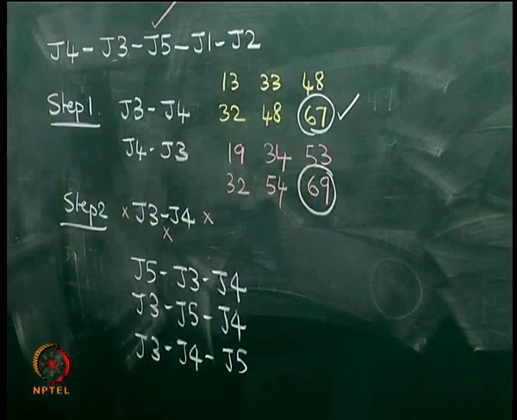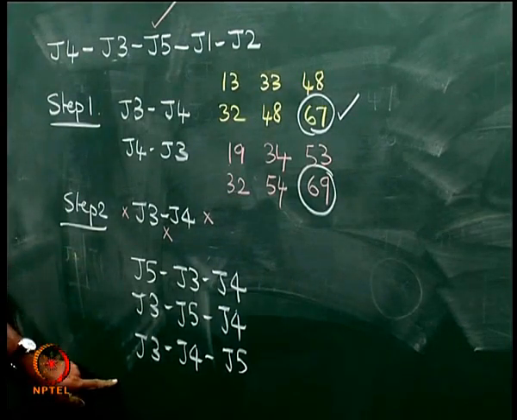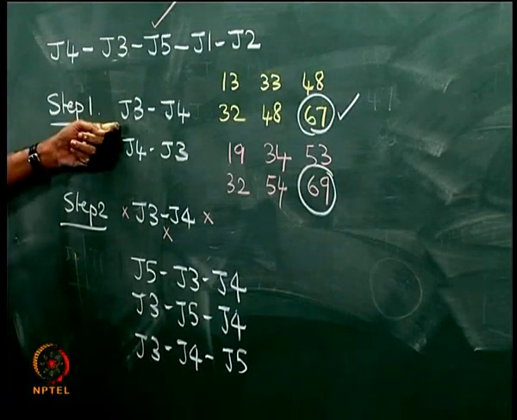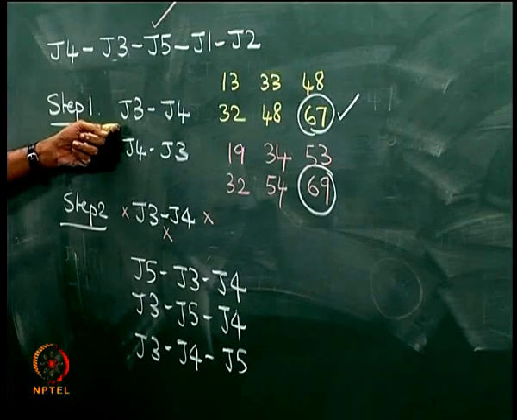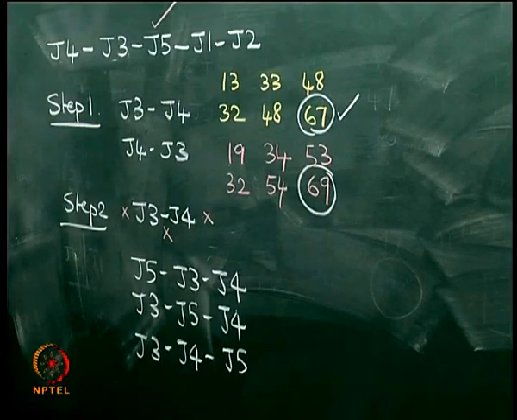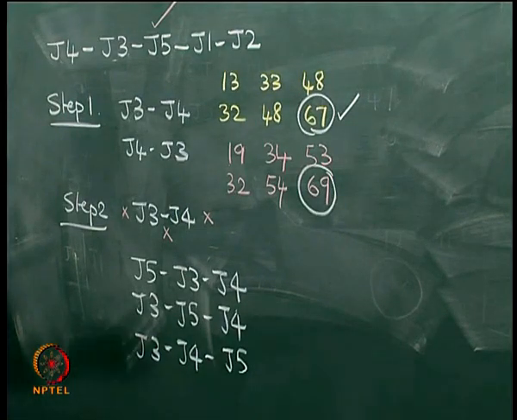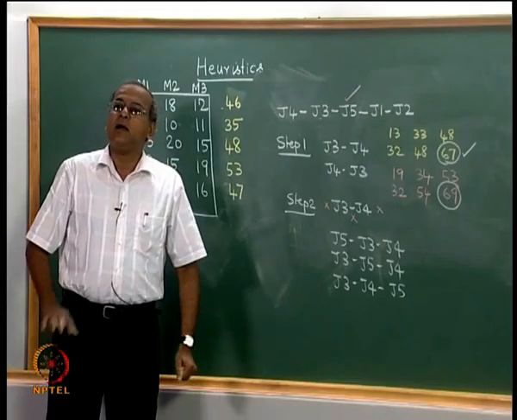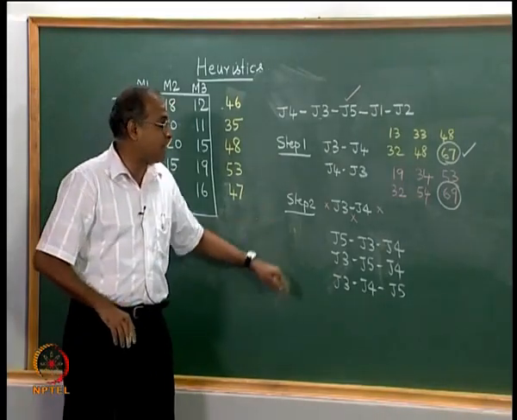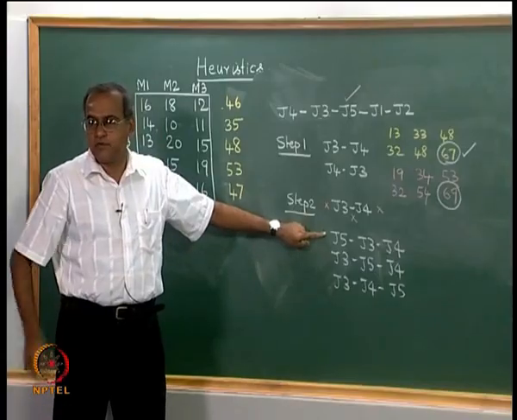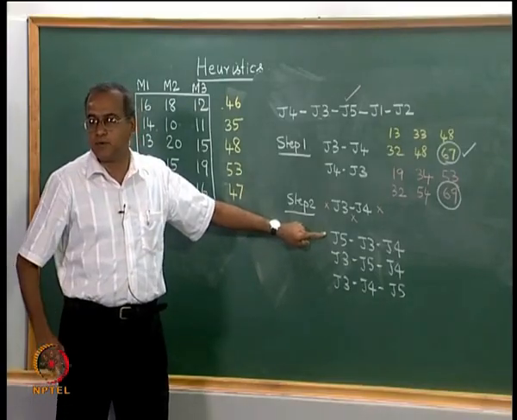Now find out the makespan for all these 3 partial sequences like we did here and choose the best. So one of them will be the best. At the moment we are not going to show the computation, but one of them will be the best. If for some reason let us say that this is the best for the purpose of argument after the computation,